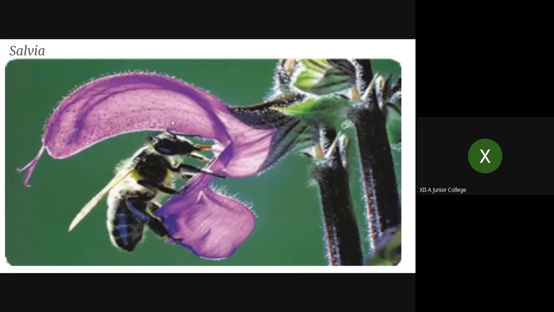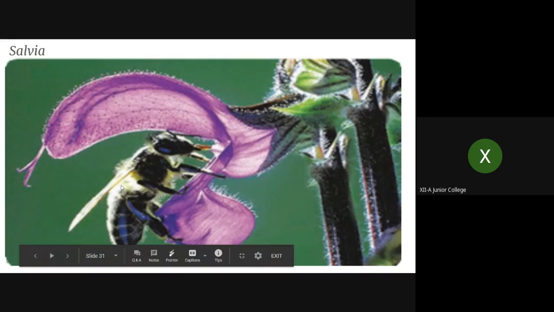So this is called lever mechanism. Lever mechanism is like the lock and key mechanism. That particular key only fits in the lock, right? The same way, in the particular flower, a particular insect can easily enter, get the nectar, and again visit another flower, and this way these insects are working as the pollinating agents. So this is a very common example seen in salvia.